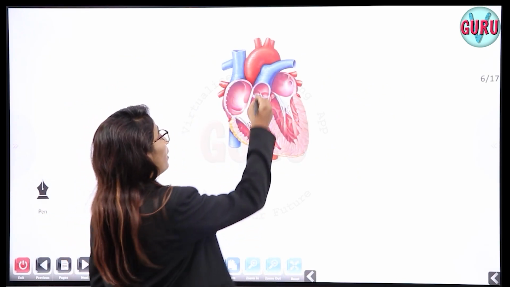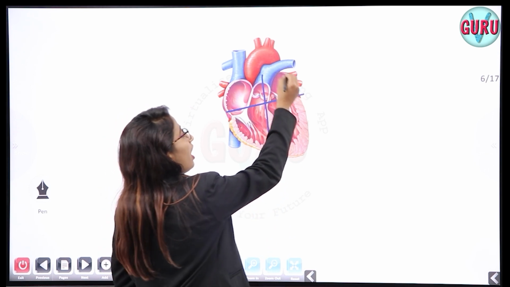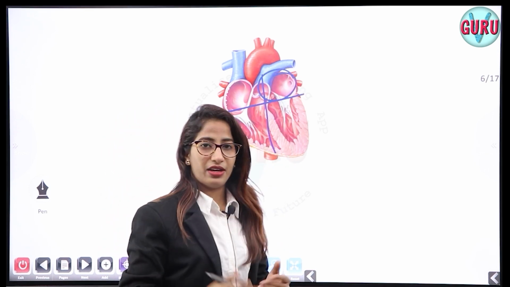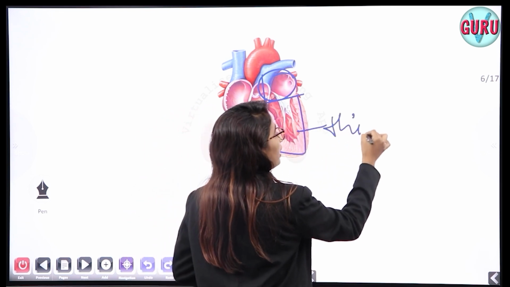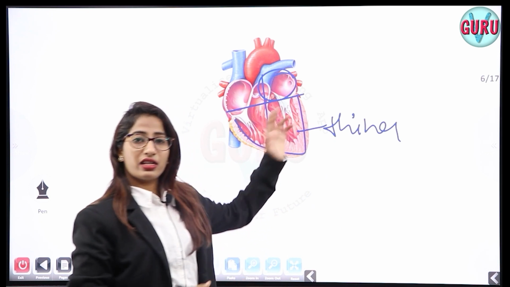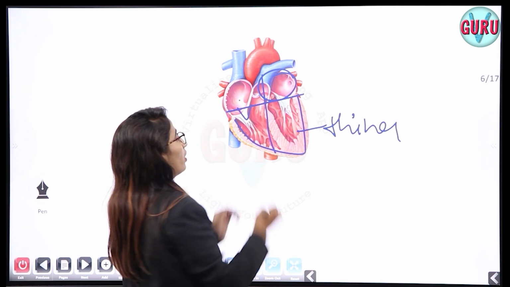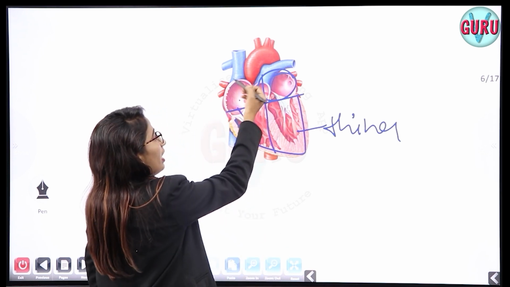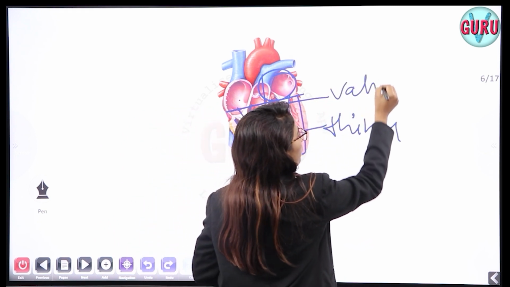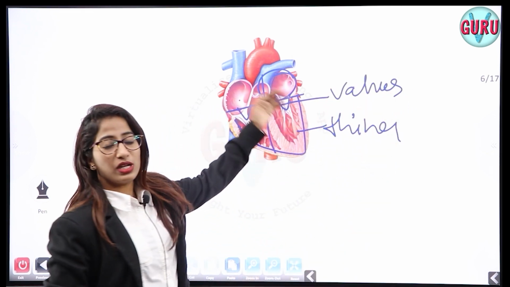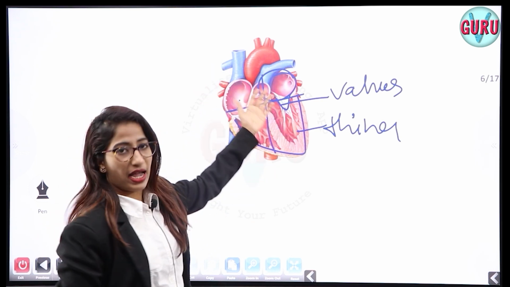Now, after the auricles and ventricles, see, the auricular walls are thinner and the ventricle walls are thicker compared to the auricle walls. So the entrance or the aperture between the auricles and ventricles is guarded by valves. So these valves will guard the blood and stop the blood from flowing back.